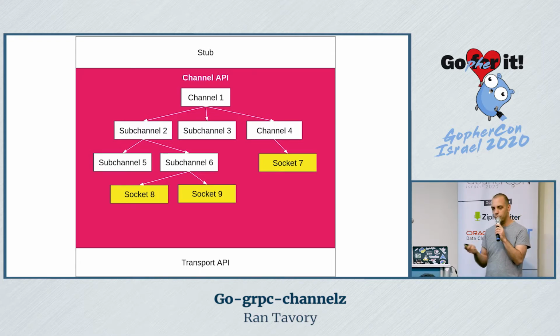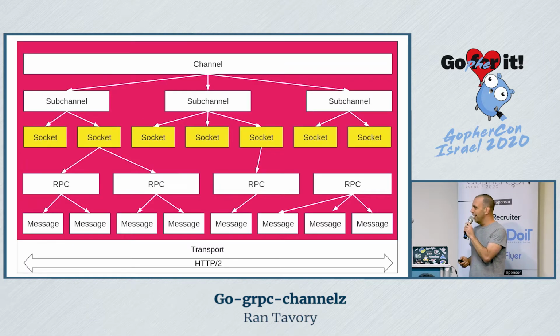And the sockets are, well, just sockets. But it gets even more complex. On those sockets, you have multiple gRPC messages sort of layered, and it's possible for multiple gRPC